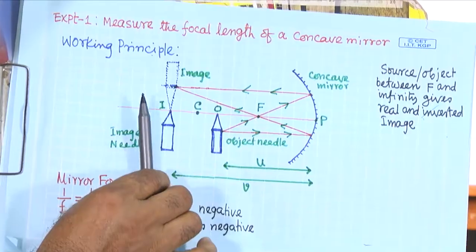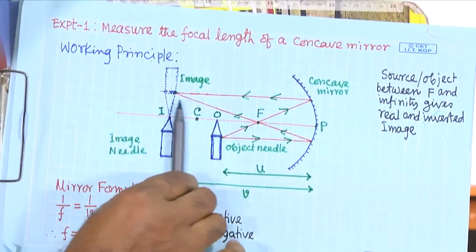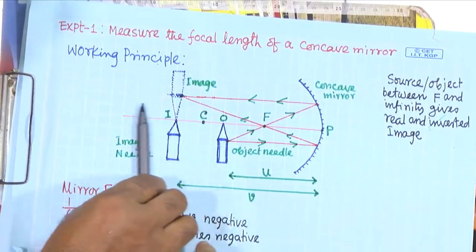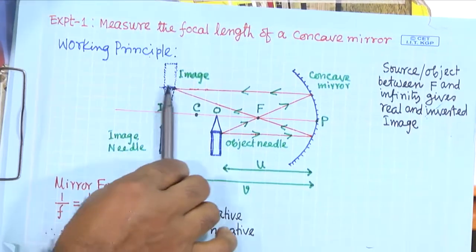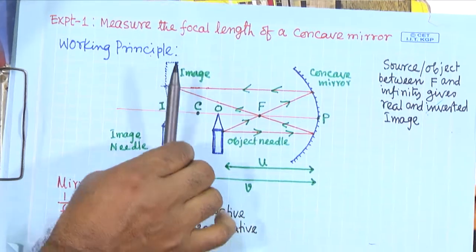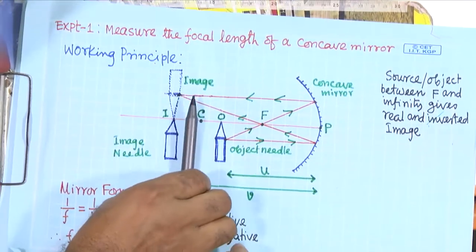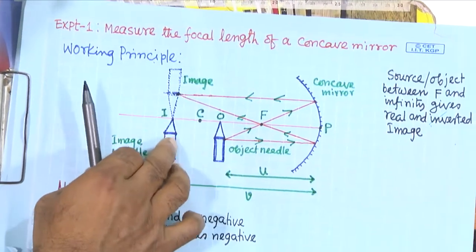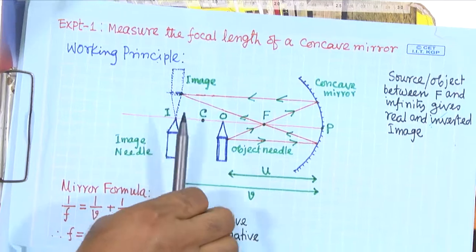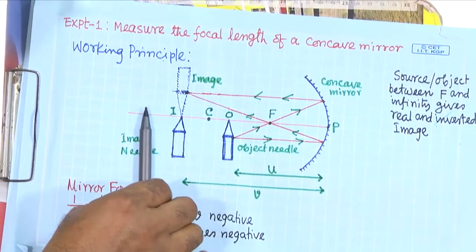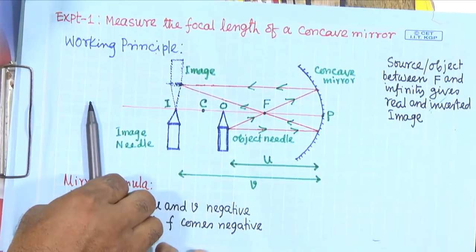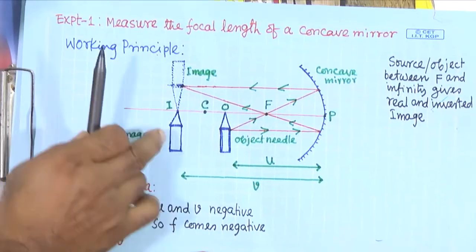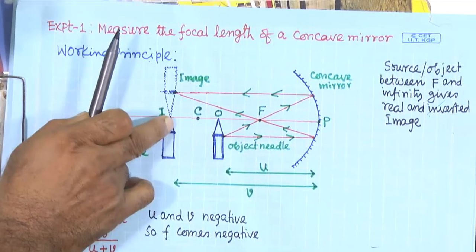And that needle will move, and we have to find out the position of this image needle. Basically, we call this the image needle and this the object needle. So, the position of this image needle will be such that when we look